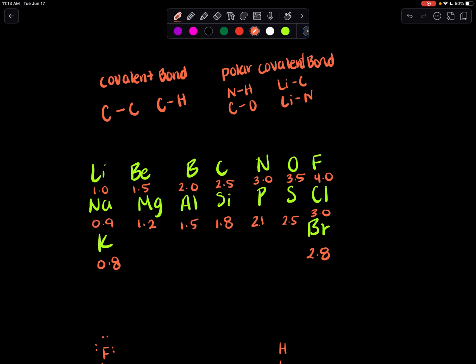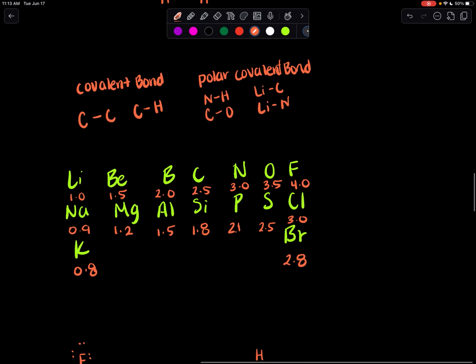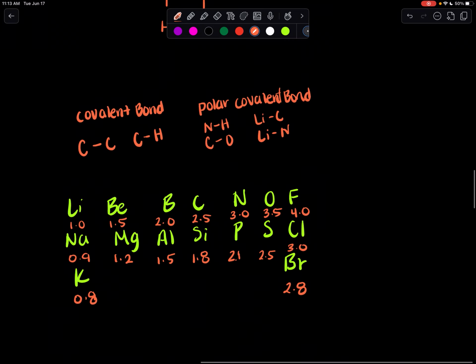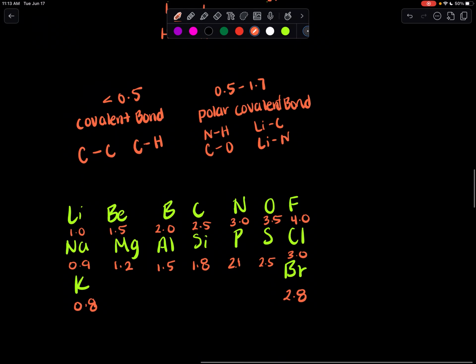Okay? So if the difference, let's put these numbers here. Less than 0.5, between 0.5 and 1.7, anything greater than 1.7 is going to be known as ionic